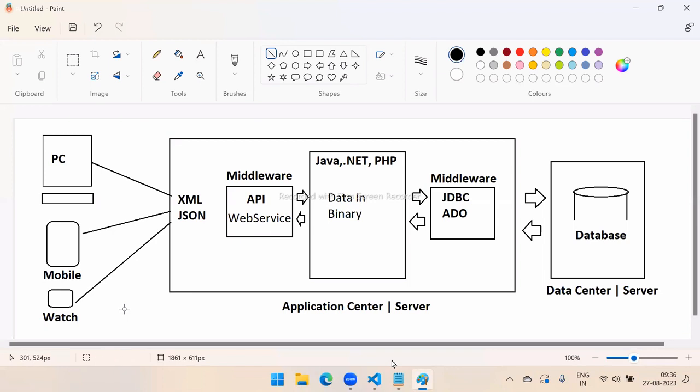So whatever data that you see in any website, that is all coming from either JSON or XML. These are the only formats that we use for the web. Everything will be in this format. These days we are using a lot more JSON than XML. So this diagram I will upload